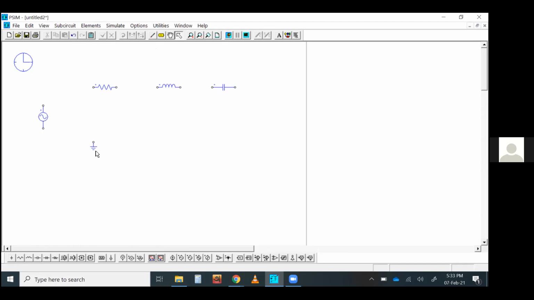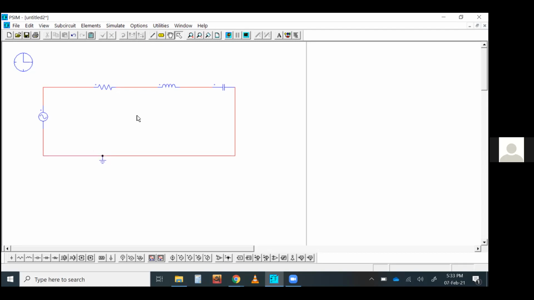Fine. So all the elements are already here. Now I'm going to connect them. You can see from here, this tab, this pen-like icon, that is actually wire. So you can simply connect them like this. It's very easy. Okay, so my circuit is done.